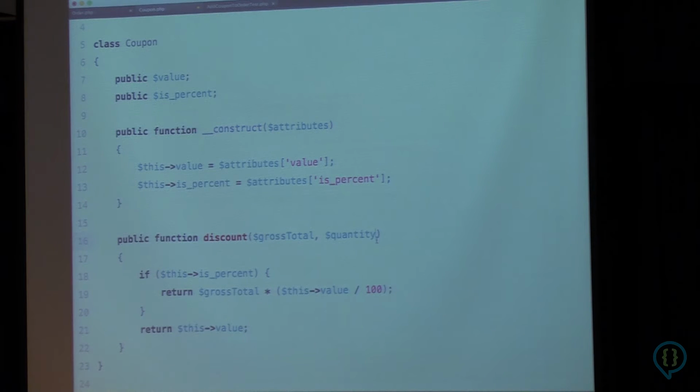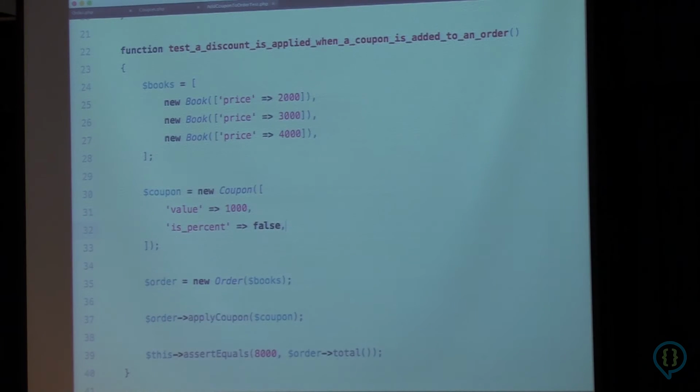So one way that we can make this change a little bit easier would be to reverse this bit of knowledge. Instead of the order knowing what it needs to give the coupon, let the coupon itself decide what it needs from the order. So if we take just the order and just call a method like gross total on the order, now the minimum quantity coupon is going to have the opportunity to just ask it for the quantity of books.